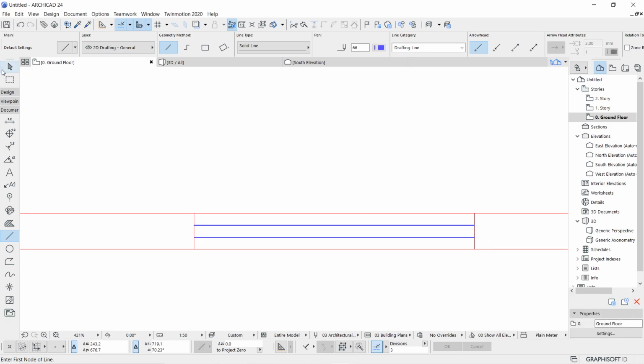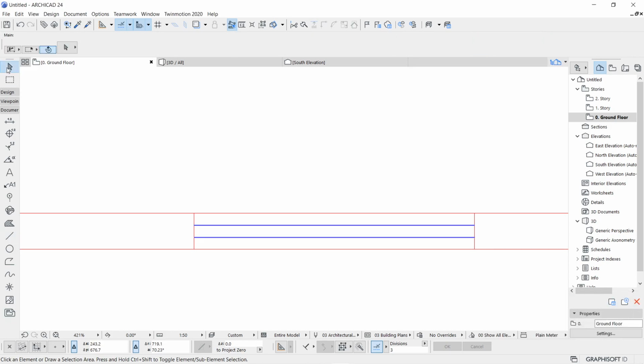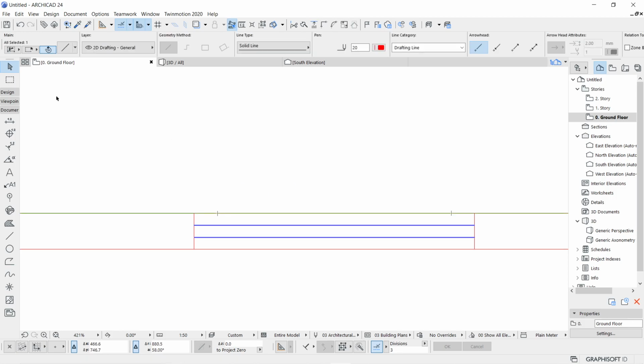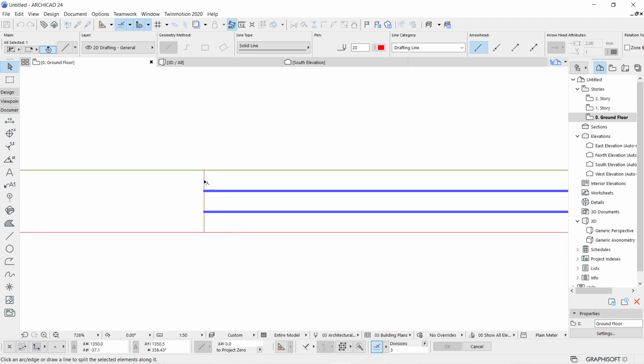So what I'm going to do is click with the arrow tool and select this object. You can press W also to get the arrow tool, as you have seen in the last clip. Now, once you have taken this particular horizontal line, you have to use the split icon. Once you use the split icon, you should read the prompt. It is written, click an arc or edge or draw a line to split the selected elements along it. So my splitting point is nothing but this vertical edge, which becomes the guideline to split this horizontal line.